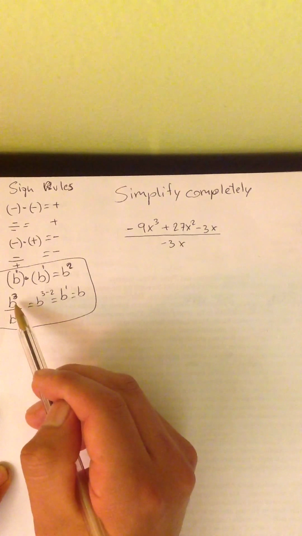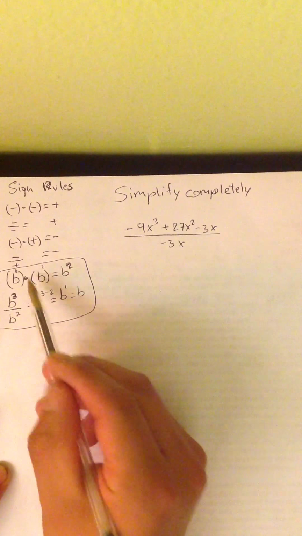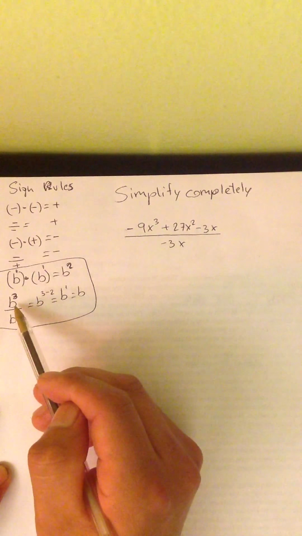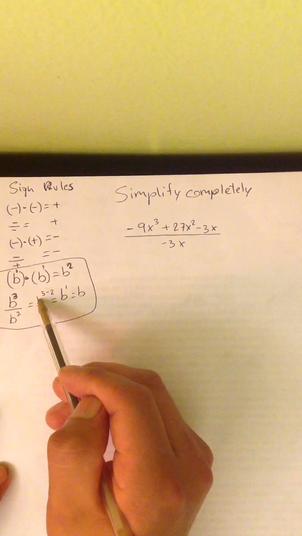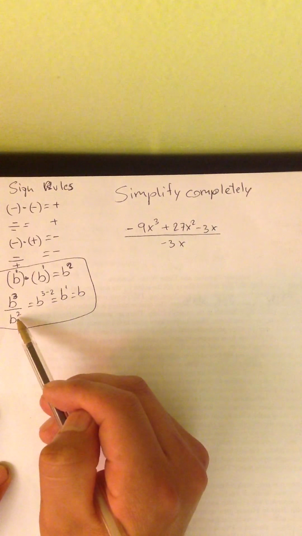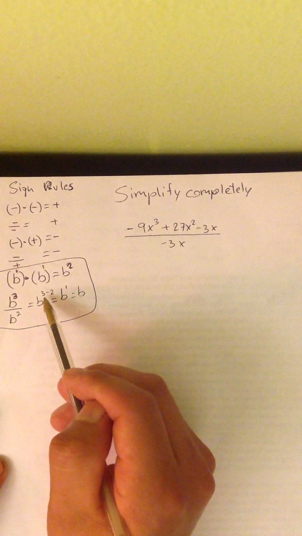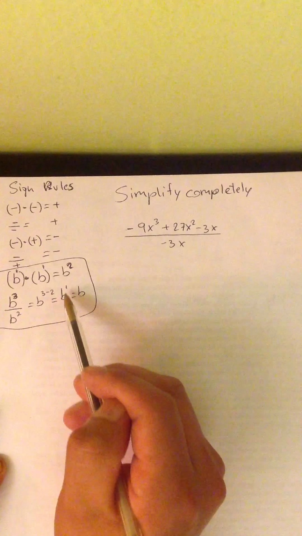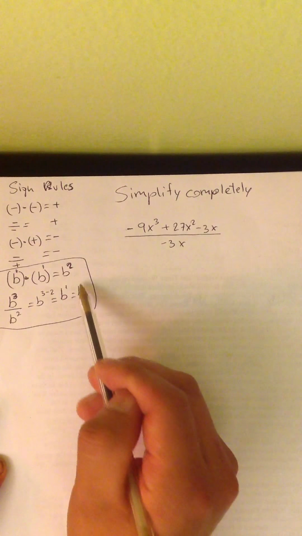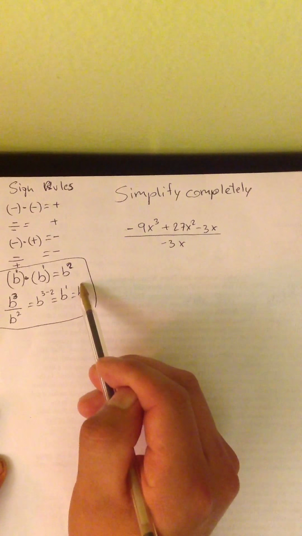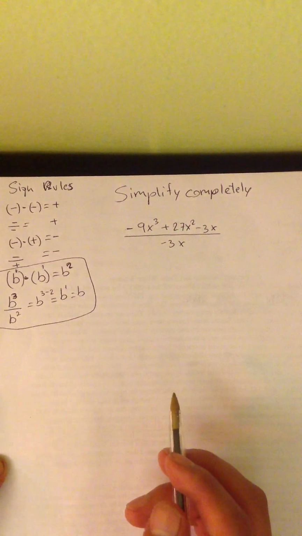And in division, the powers subtract. It's like the opposite of multiplication. So, for example, b to the power 3 divided by b squared, right? So the powers subtract. So it's 3 minus 2 is 1, so b to the power 1. But we usually just write b. We know that it has a power of 1, so we just write b. Okay, now let's do this